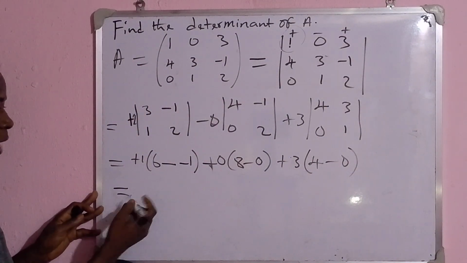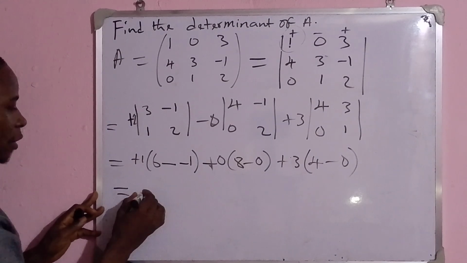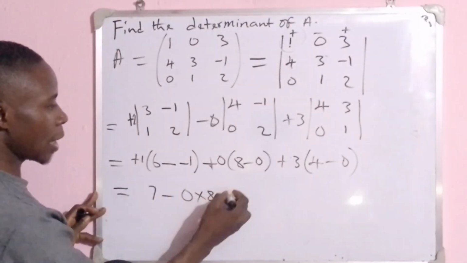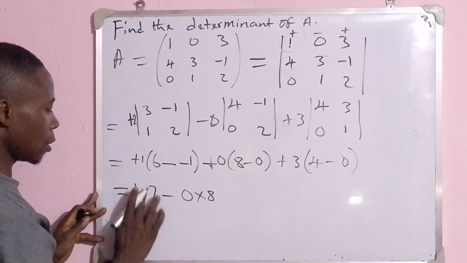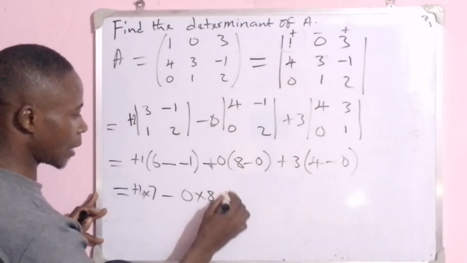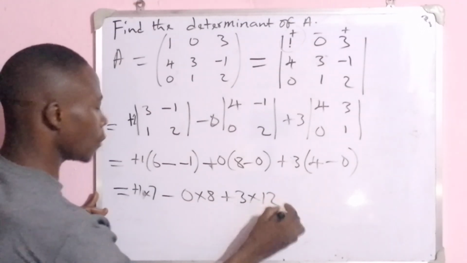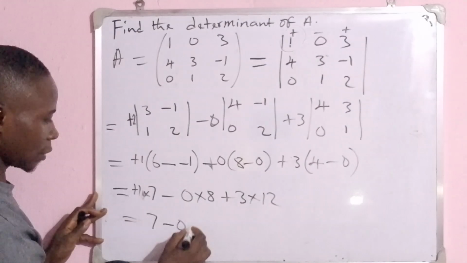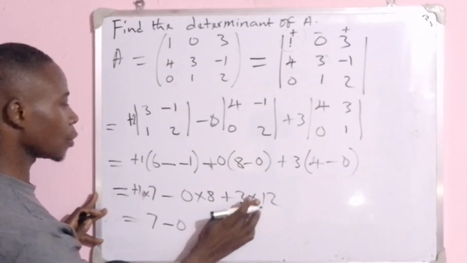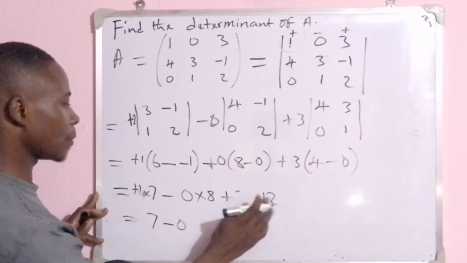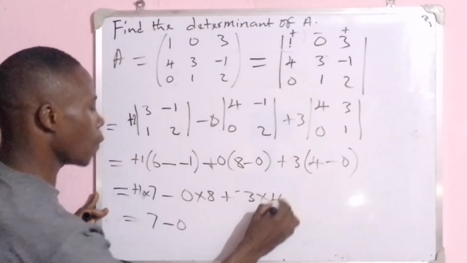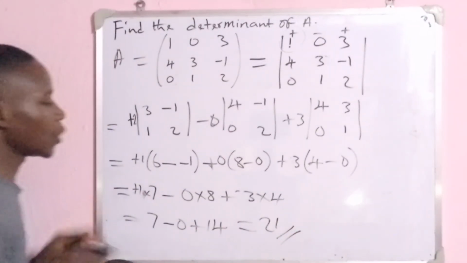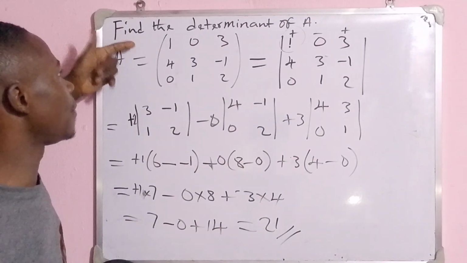So this will give us the same thing as plus 1. This minus this will give us 7, and then minus 0 times 8, and then this will give us, so this is plus 1 times 7, and then finally over there this will be 3 times 12. This will give us the same thing as this time. This will give us 7. This time minus 0, and then this will give us, okay, when we multiply this, it's supposed to be 3 times 4, and then this will give us plus 12. Our final answer when we sum this one will give us 21. So it implies that the determinant of A